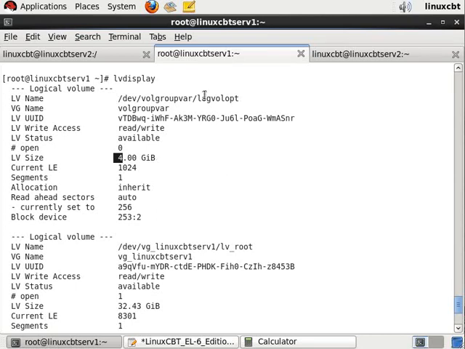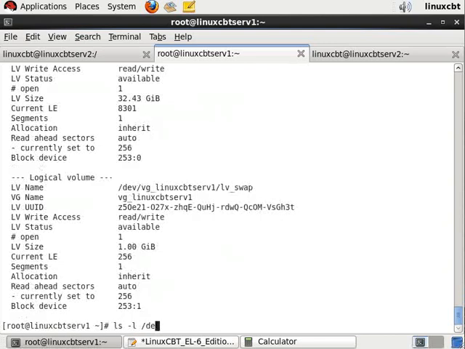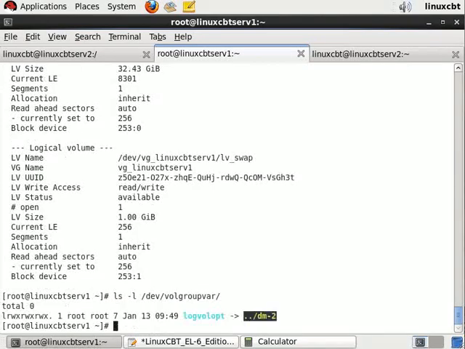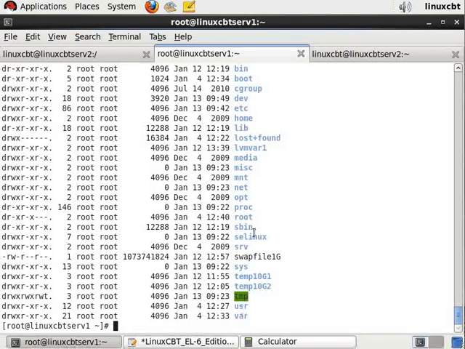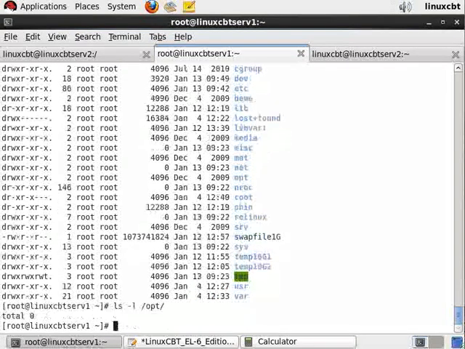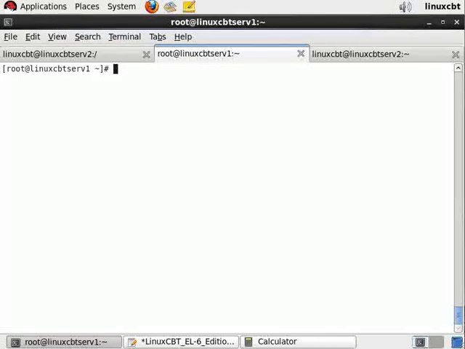So now it's called log_vol opt, and if we look in the dev tree beneath vol group var, the object has been renamed, and it points to dm-2 and can be mounted as such. Let's take a look at the root of our file system. Indeed, there is an opt directory, but it's empty, so we could mount to that particular mount point. Let's change the size of log_vol opt using lvresize, setting it now to its original size of 6 gigabytes,